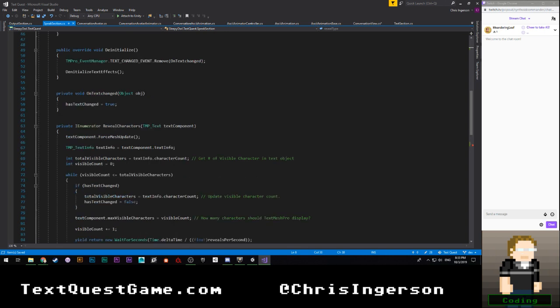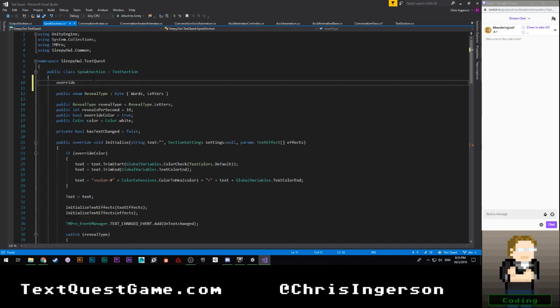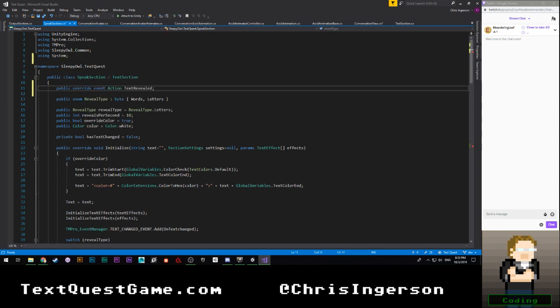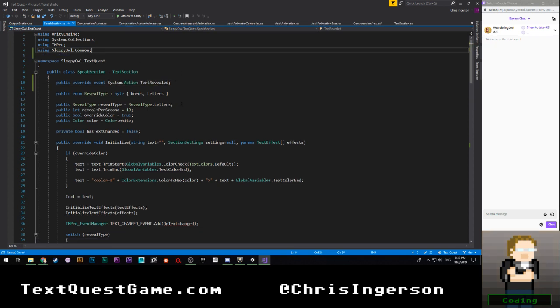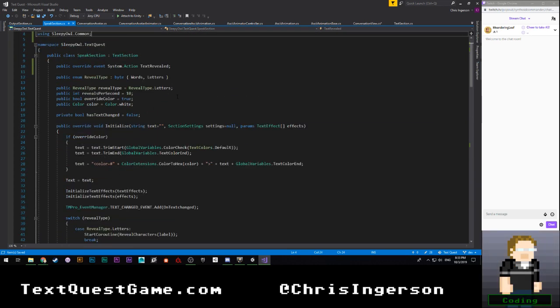Yes. Which means that I can then come up to here and say override text revealed. This is the weirdest thing. I don't ever do overrides of events. That's a lie. I've done it before, which is how I know that I can do it, but it's just still awkward.